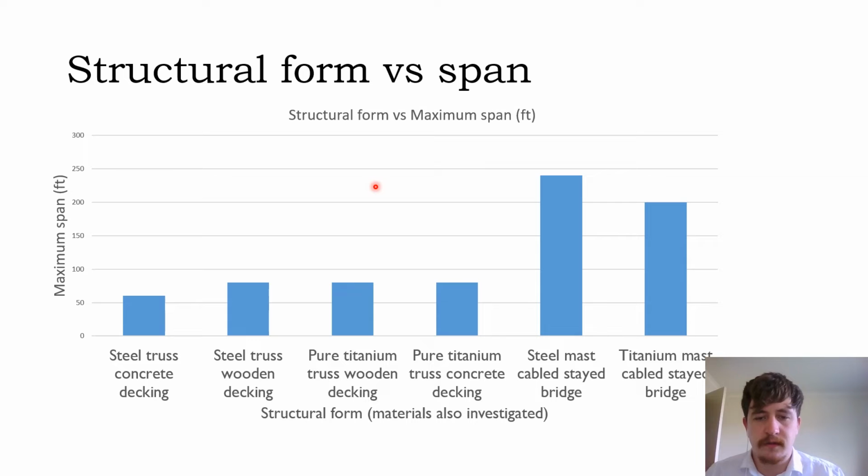Here you can see the structural form versus the span for the conventional footbridges that I have come up with. The steel truss concrete decking has a maximum span of 60 foot. The steel truss wooden decking has a maximum span of 80 foot, along with the pure titanium truss wooden decking and pure titanium truss concrete decking. The steel mast cable stayed bridge has a maximum span of 240 foot, whereas the titanium mast cable stayed bridge has a maximum span of 200 foot. Do keep in mind that these maximum spans are relative to how these conventional footbridges were designed, but all the truss bridges were designed in the exact same way,